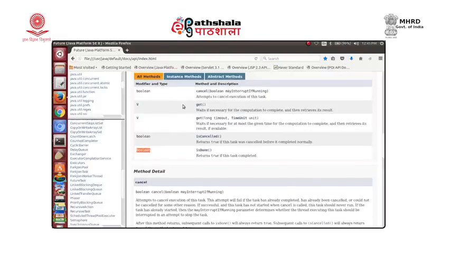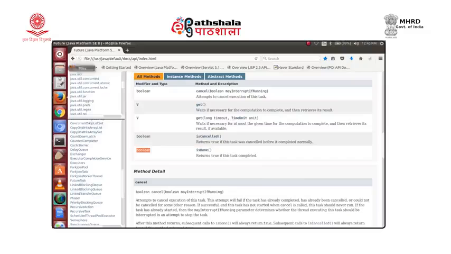We have got two kinds of get methods. There is a get method which will wait infinitely for the task to finish if it has not finished. And when the task finishes, if it is a callable, you will get the result. That is where the return type is available, a generic return type, same as the return type for the call method. Or you can keep on waiting for a particular amount of time. So, these are some useful things in the new API. Now let us go through those changes.